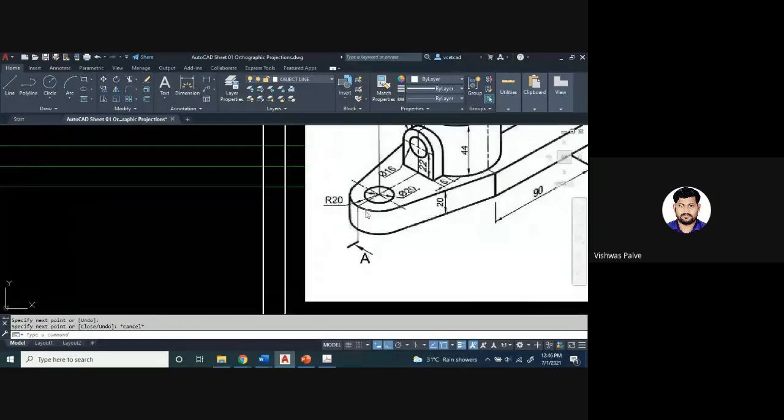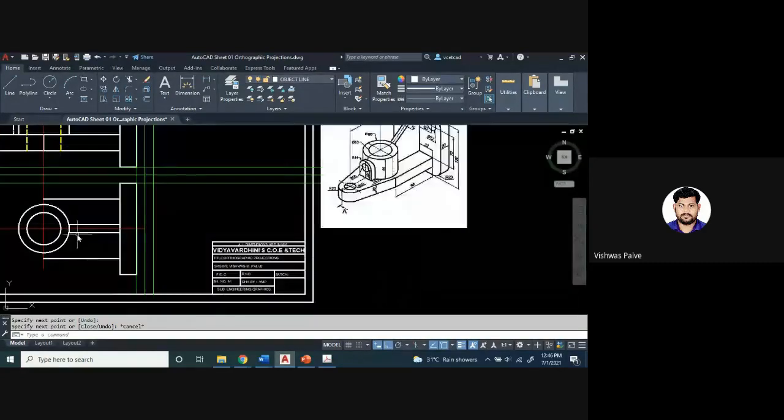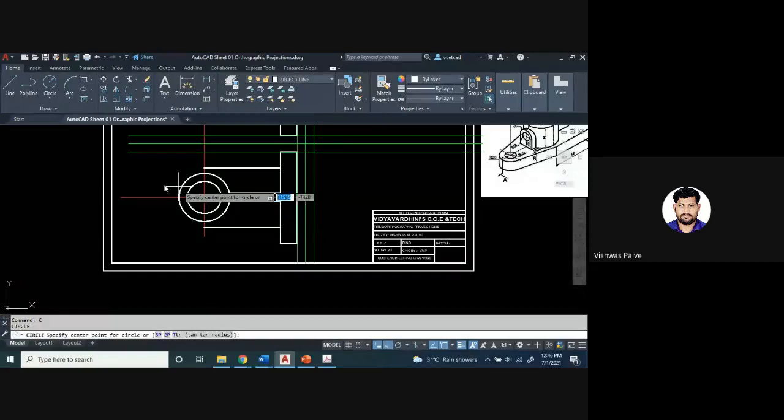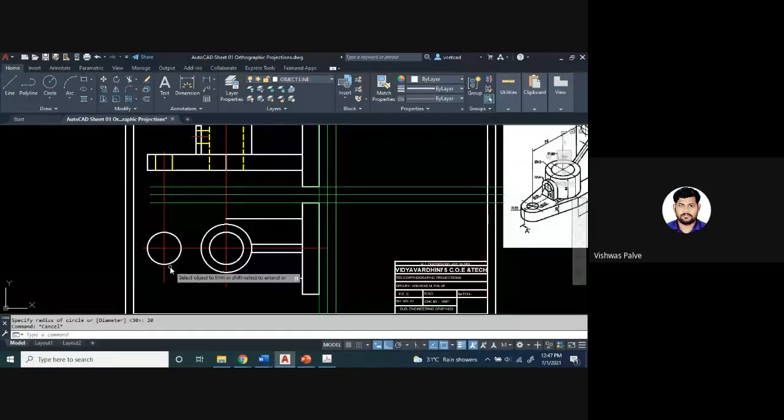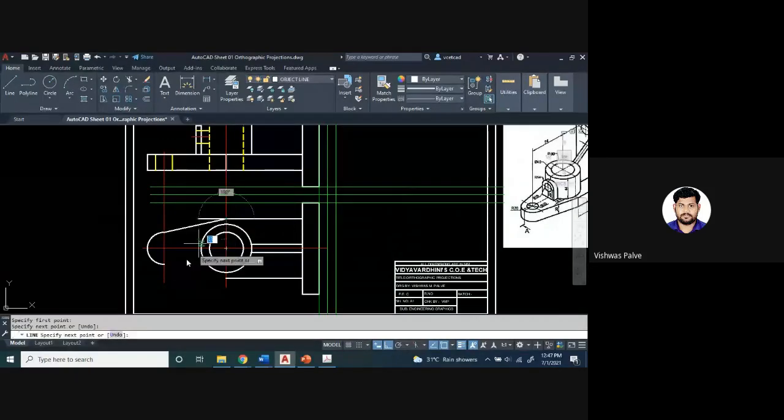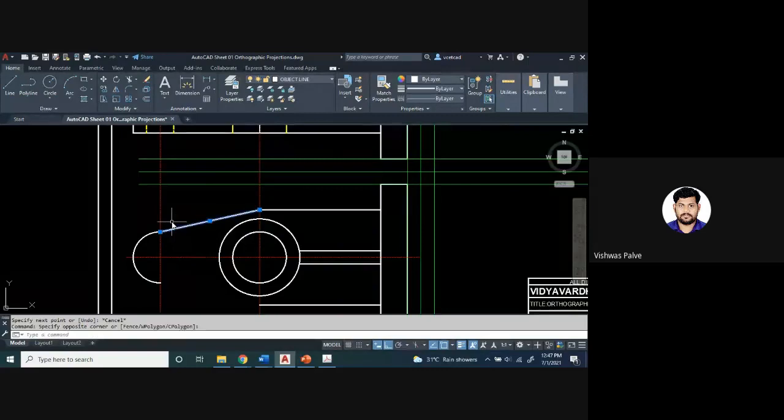Now I want to draw this outer circle of radius 20. So C enter. For that, first I'll pull this, take a reference, C enter of 20, PR double enter, remove these edges, L enter. From this point it will be tangent. Actually this should be tangent.